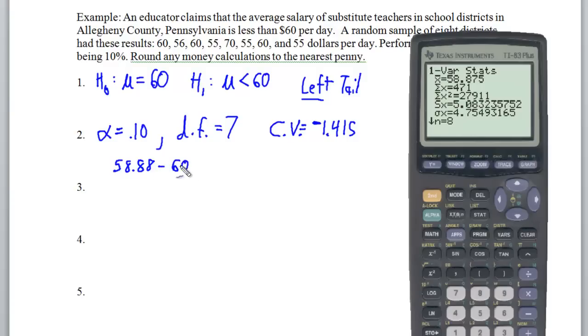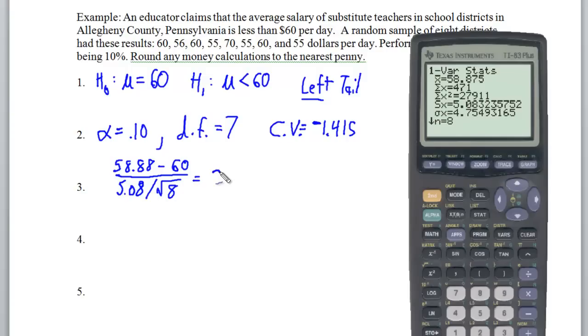Subtracting it from our 60, we're going to divide this by the standard deviation, which in this case was $5.08, divided by the square root of our sample size, which is 8. Now if we perform all of those computations, we're going to find out that our answer is going to be